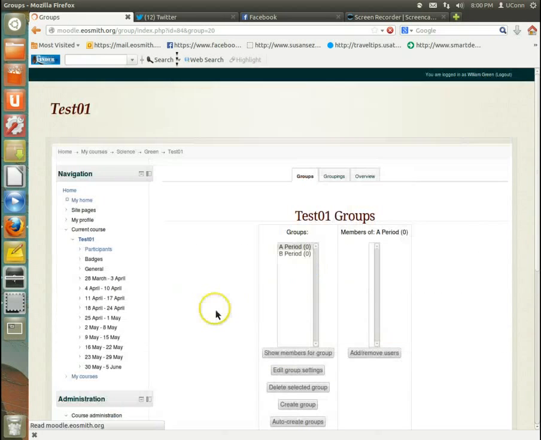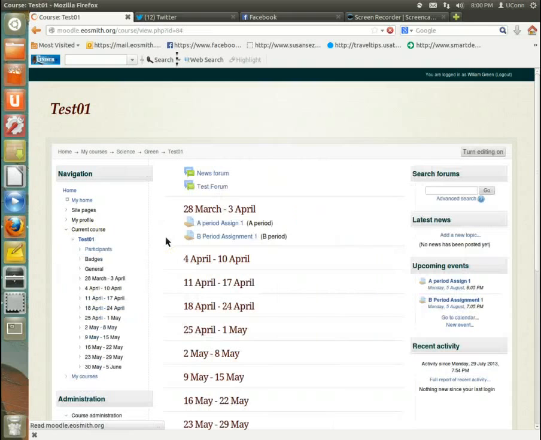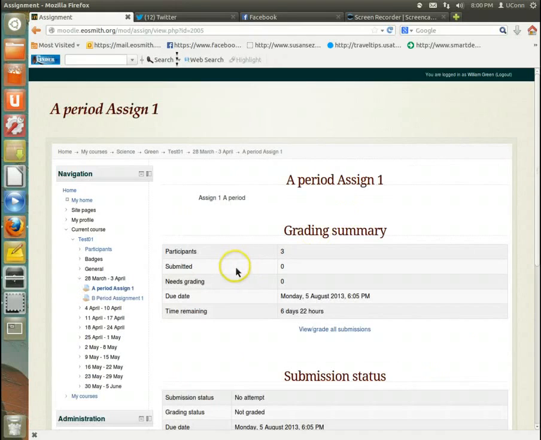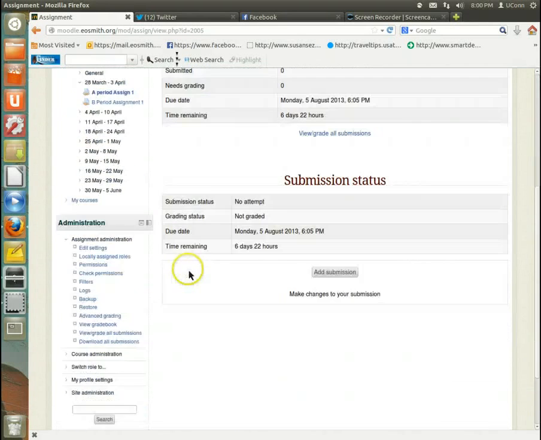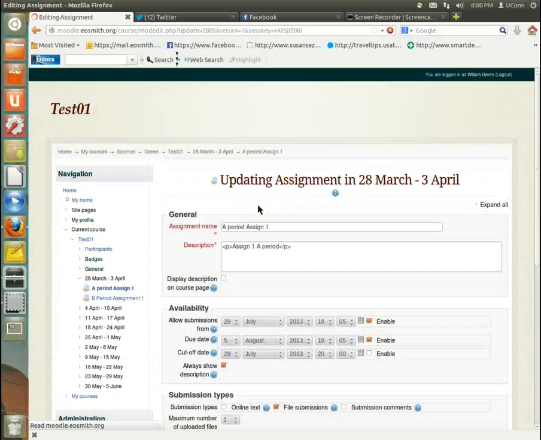Alright, so now that's all set. The next thing you want to do is, when you make an assignment, you just assign it to a particular grouping. So for example, this A period assignment right here, I wanted it to be available only to my A period class. So I come down here to settings,